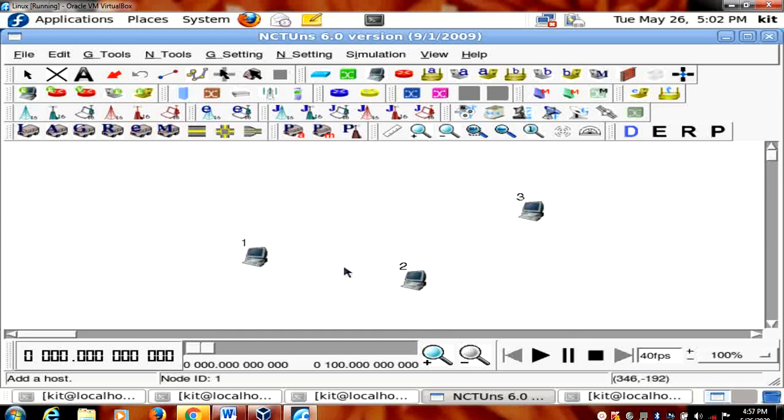I can't directly interconnect the systems, so I require a connector for this. So here the hub is enough. Okay, I have a switch, router, everything. The hub is enough because we have just 3 systems. So taking the hub, okay, I need to connect this one. You can see here you have a point to point link. I will take this. I am connecting 1 to 4, 2 to 4 and 3 to 4.